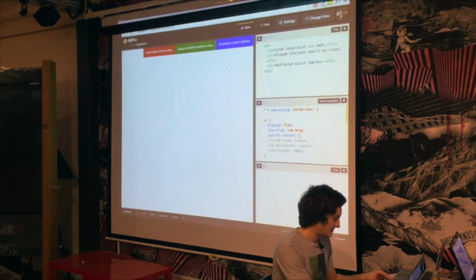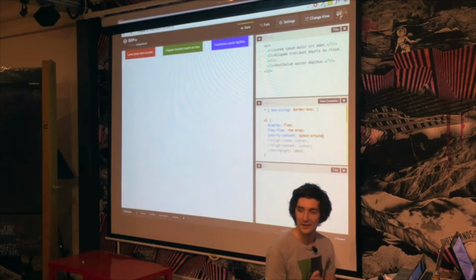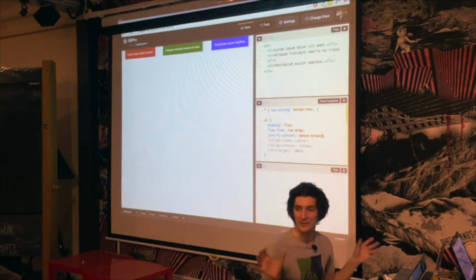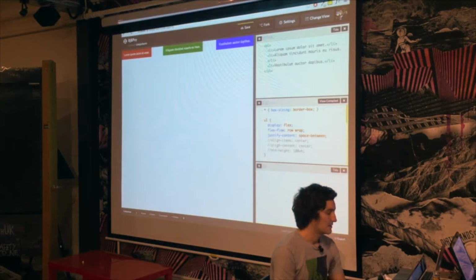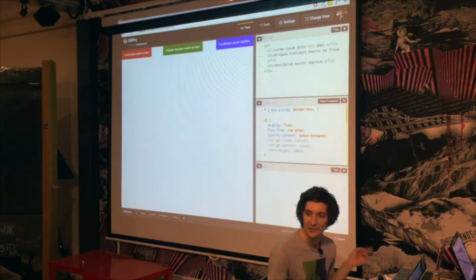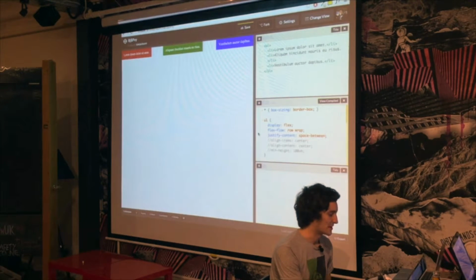Justify content space around, which is a weird one. It's basically put automatic margins on either side, saying if there is any free space, distribute it evenly around yourselves, which is pretty good. There's another one, space between. So the end two items now don't get any margin around it,